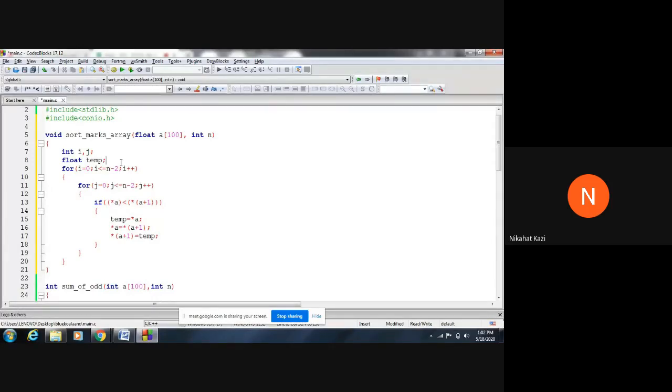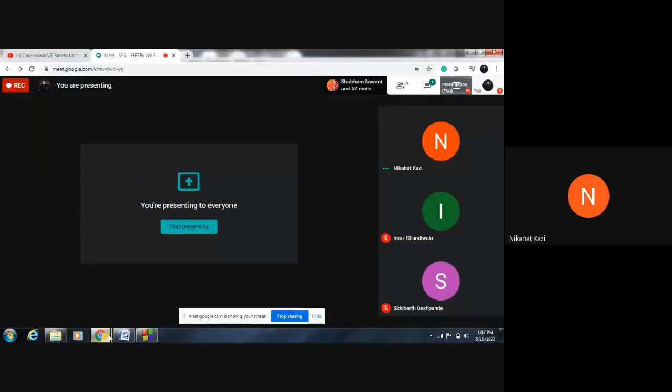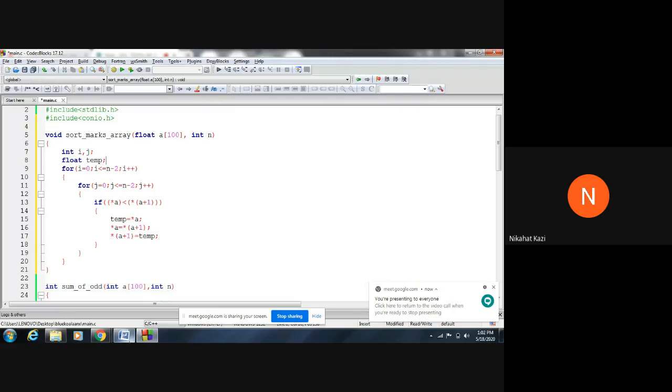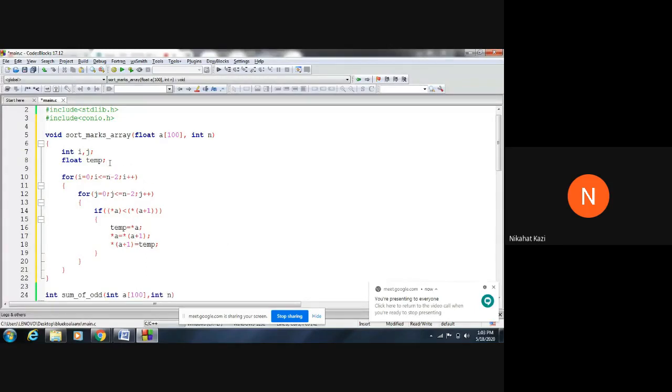So many passes you have, and you are comparing in each pass a[i] with a[i+1]. It actually has to be a[j], right? Which sorting technique is this? Bubble sort. Okay.